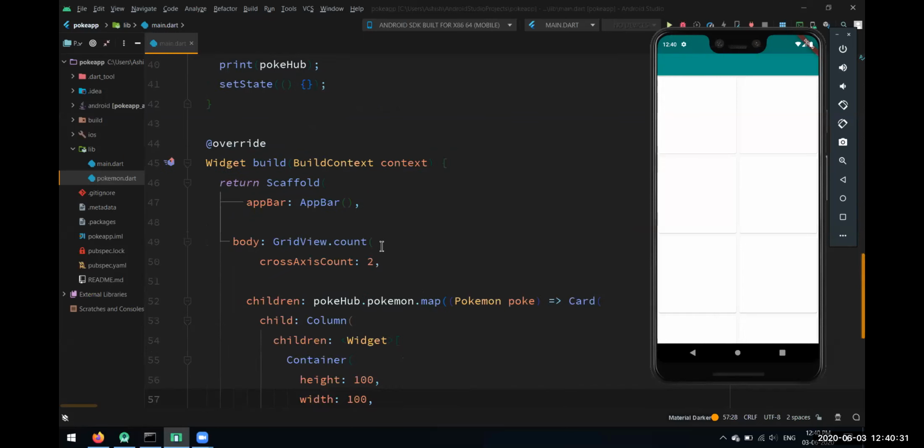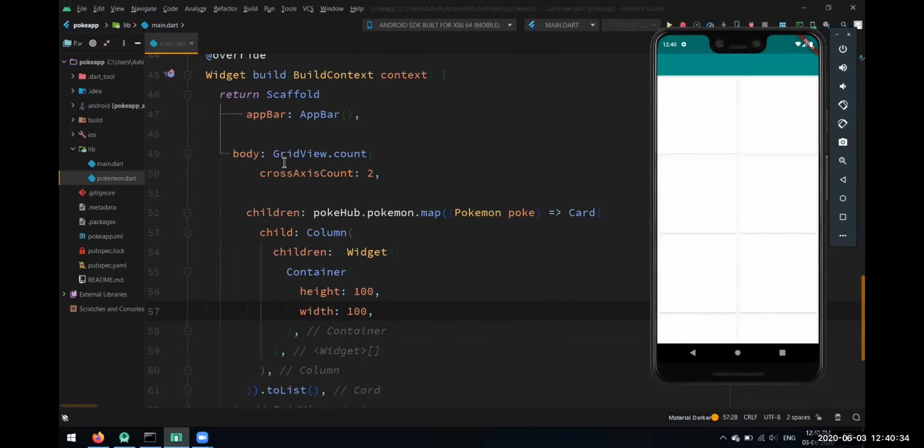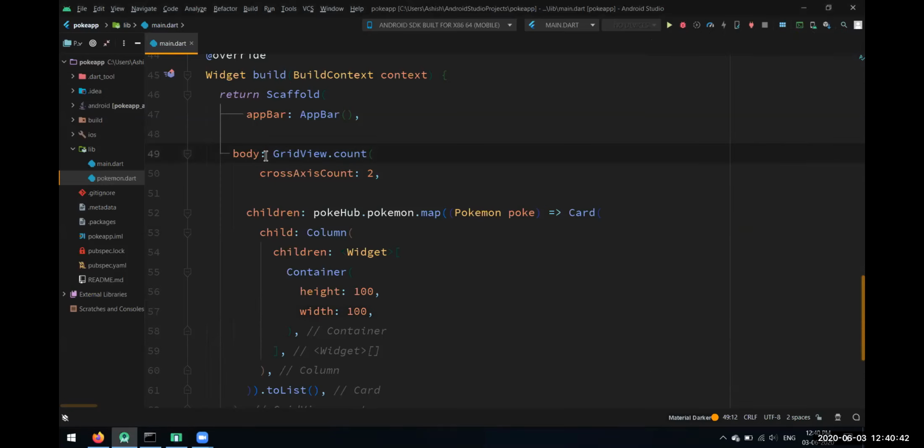I think the solution for this is very simple. If you have studied, you know what that question mark thing is, a ternary operator. We can use it over here. Until we get the data, we'll put an if condition: if data is available, then show this card widget. If data is not available, we can just show a circular progress indicator, like we have in various apps, before we have the data.